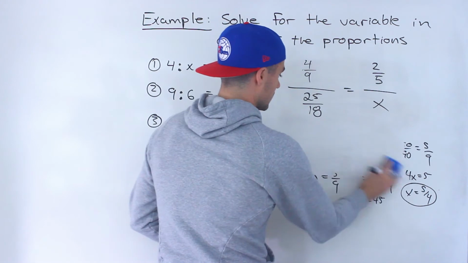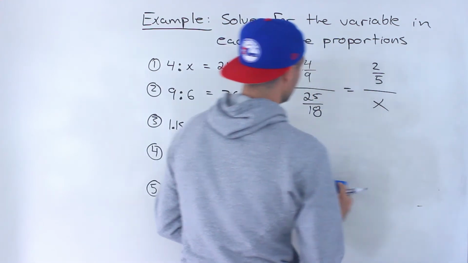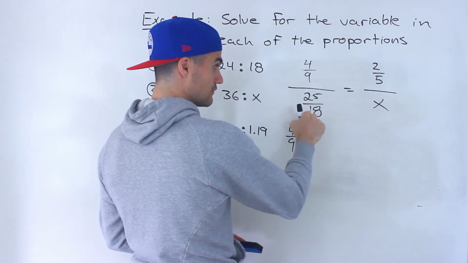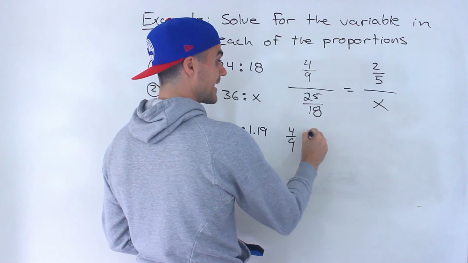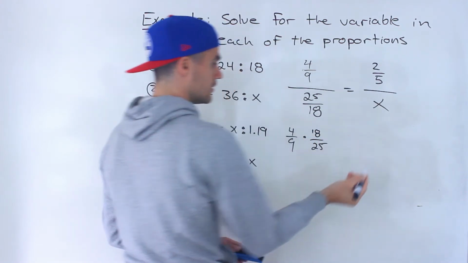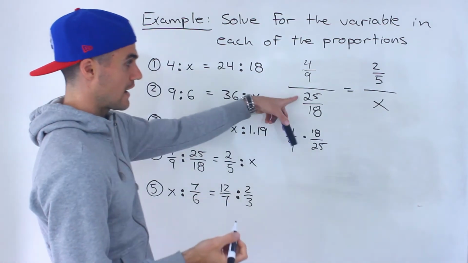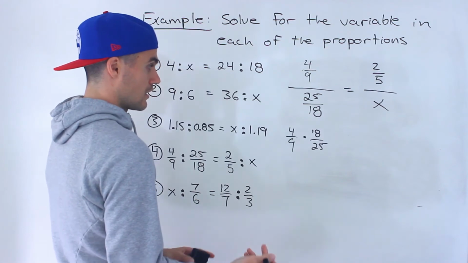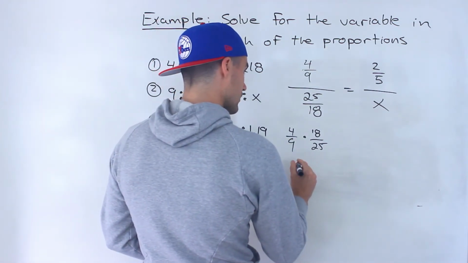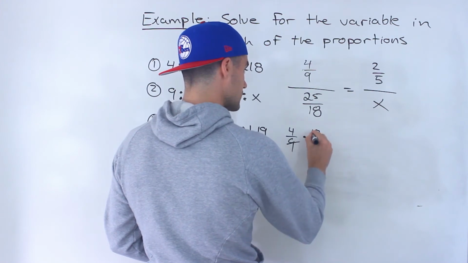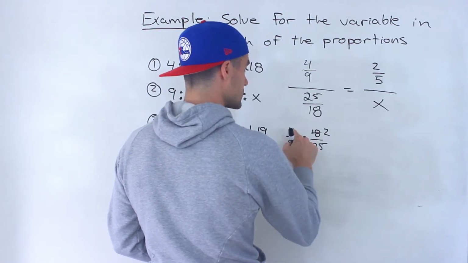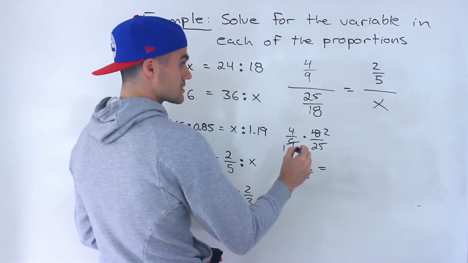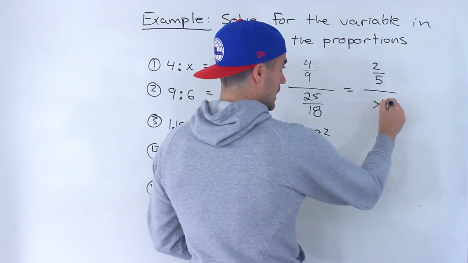Now, another thing you could do here is instead of cross multiplying, you could simplify these. So notice we got 4 over 9 divided by 25 over 18, which is like multiplying it by 18 over 25. Right? Dividing by a fraction is like multiplying it by its reciprocal. And so from here, what we would end up with is, notice that the 9 goes into the 18 twice, so 4 times 2 is 8, so we'd have 8 over 25 equals, now this 2 over 5 all over